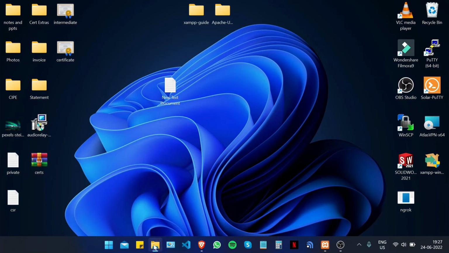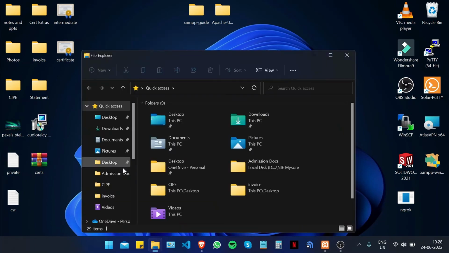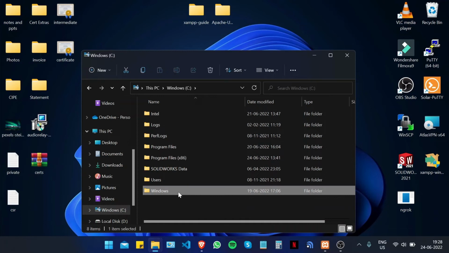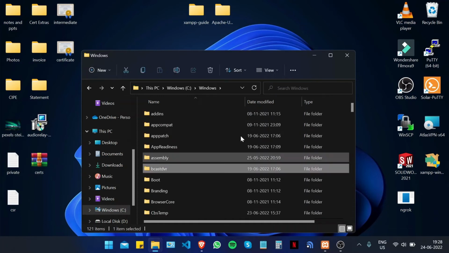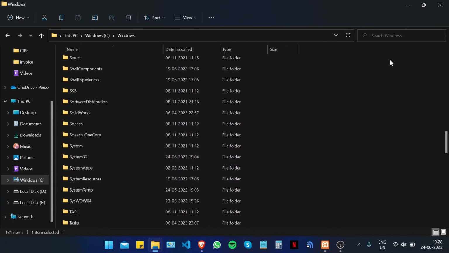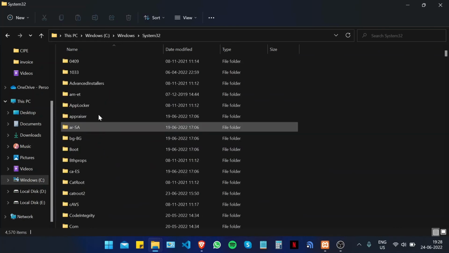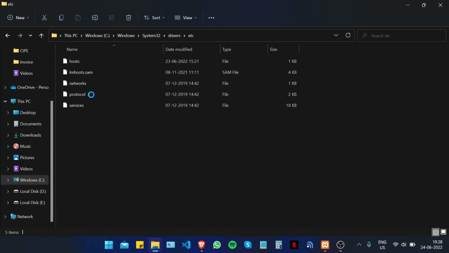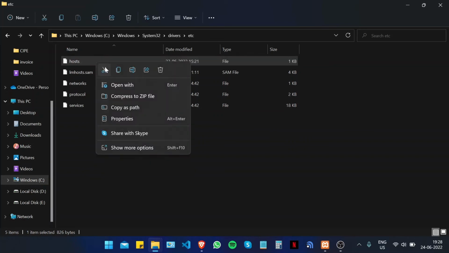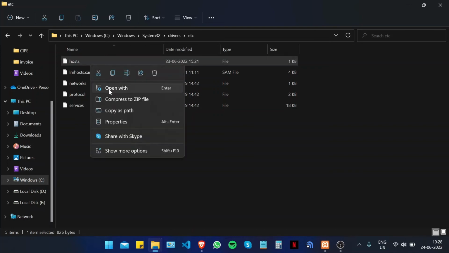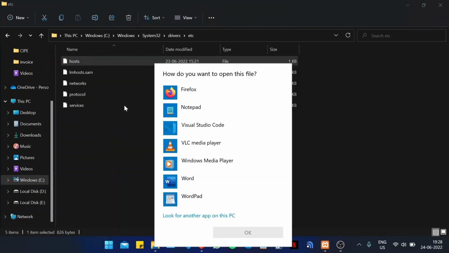So now we are gonna open File Explorer and then scroll down to This PC, click on Windows, the C drive, click on Windows again, and scroll down and find System32. You can also use the search button right here, click on System32, scroll down again, go to drivers, then etc, and then we're going to open the host file. Now I am using VS Code to open this file, but you can either use Notepad or whatever file editor you have. So we're gonna open this with VS Code,